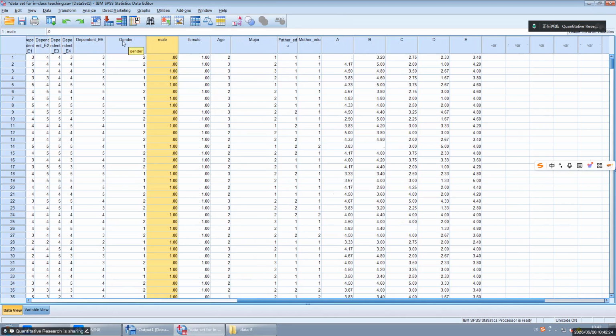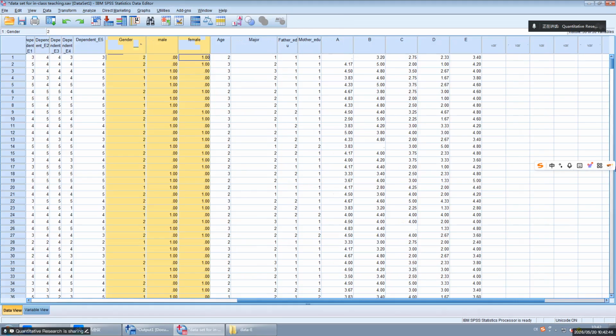So you can see here, this is the original gender, and this is 2 dummy variables for gender. Okay. That's how we do it.